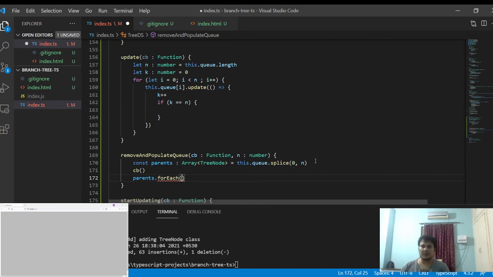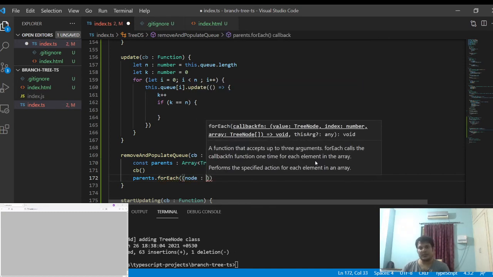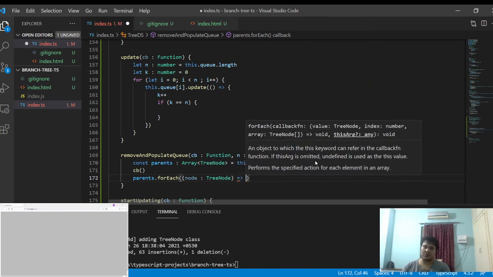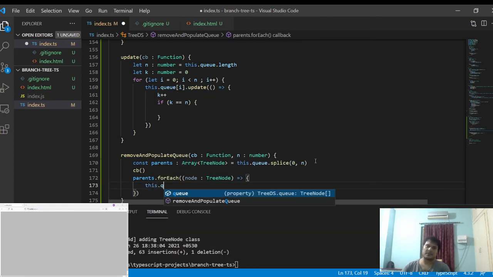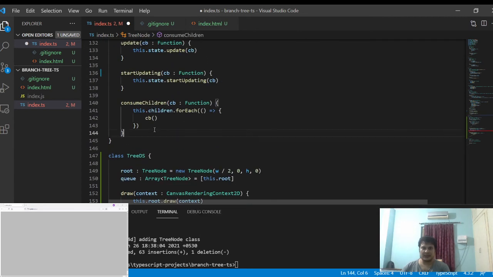Now we have to again write the logic to populate. So we'll use forEach on the parents, and it will have the tree node. We'll add each of the nodes' children to the queue, and for that also we have a logic.